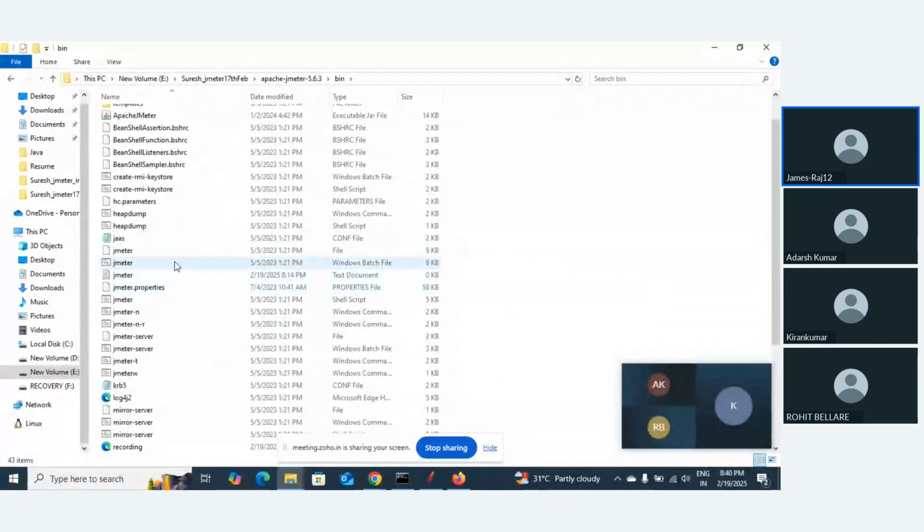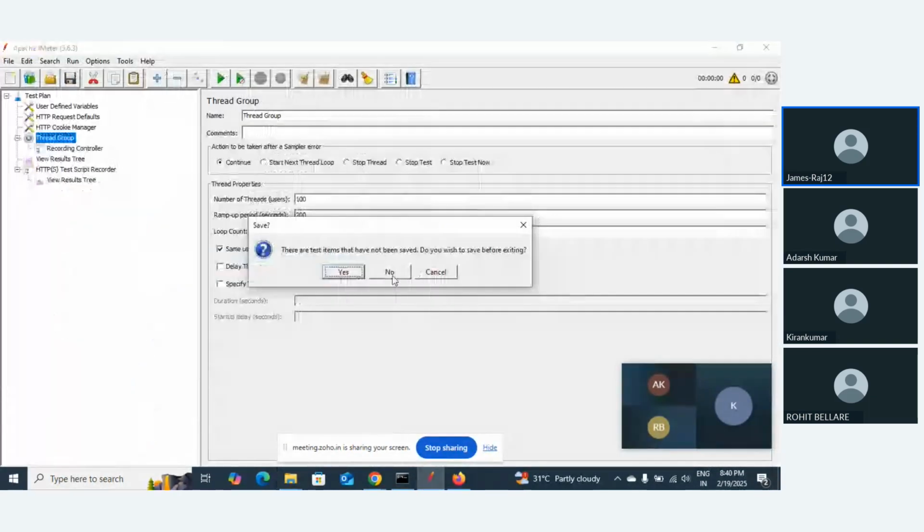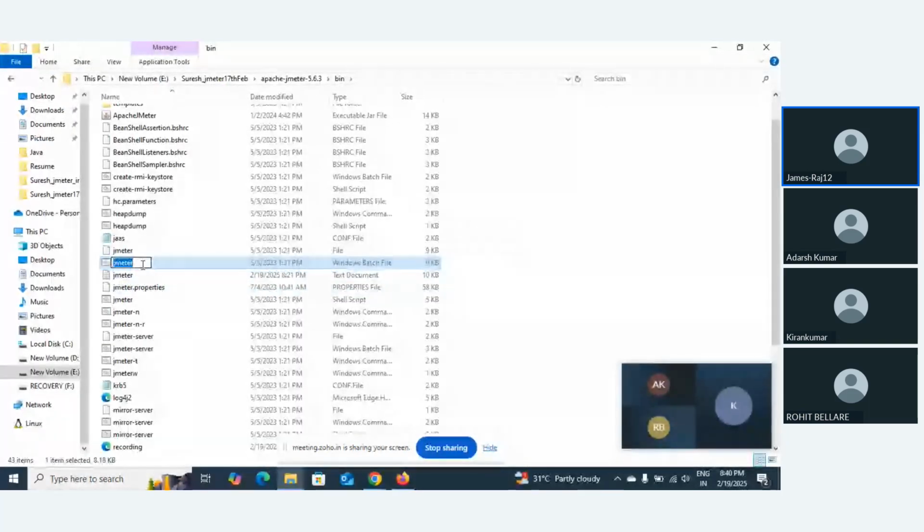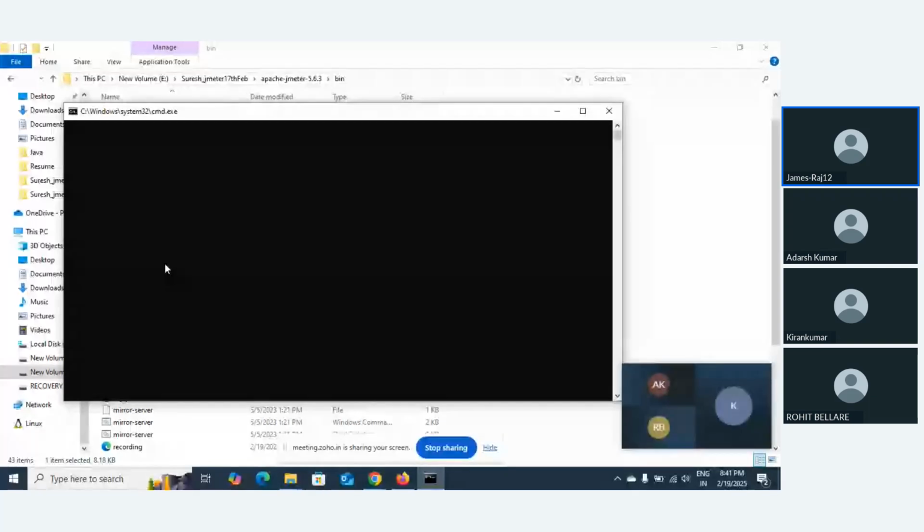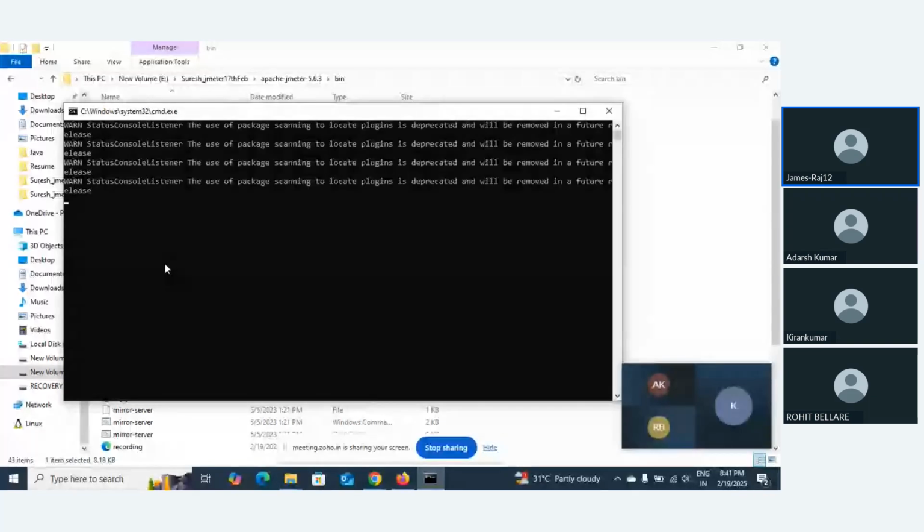Just open the JMeter Windows batch file. If we are running JMeter on Windows, we need to open the Windows batch file. If we are running on a Linux machine, we need to open the JMeter shell script. So there is a difference here. Now I need to open my Windows batch file here. I will just click it, and okay. It will take some time,